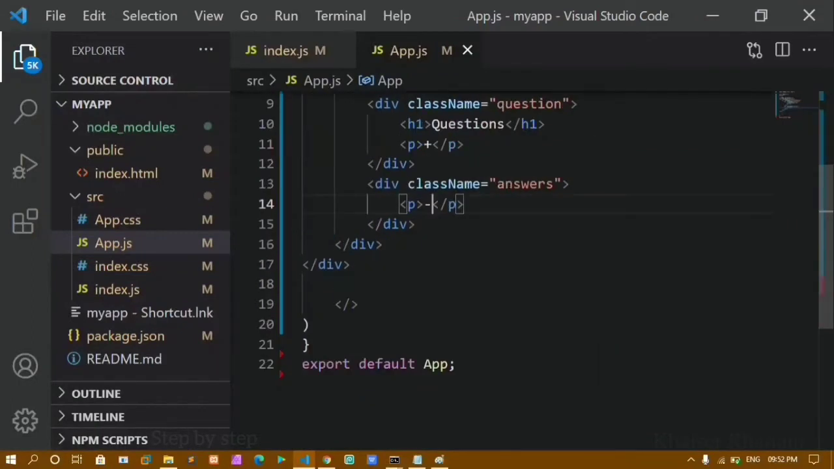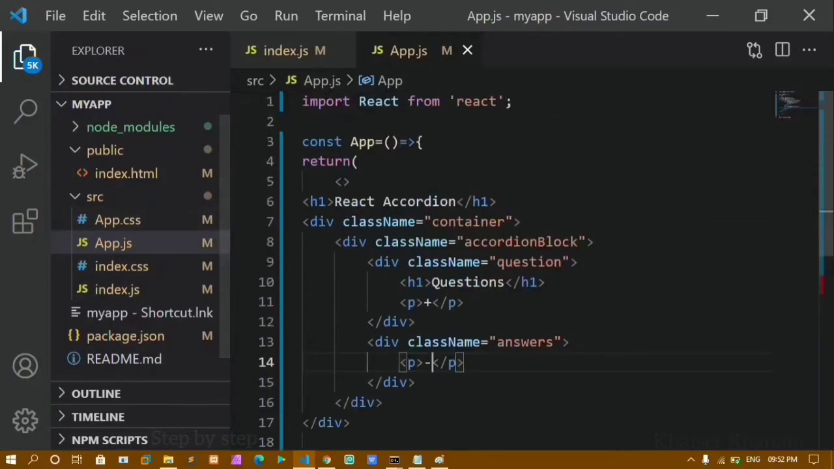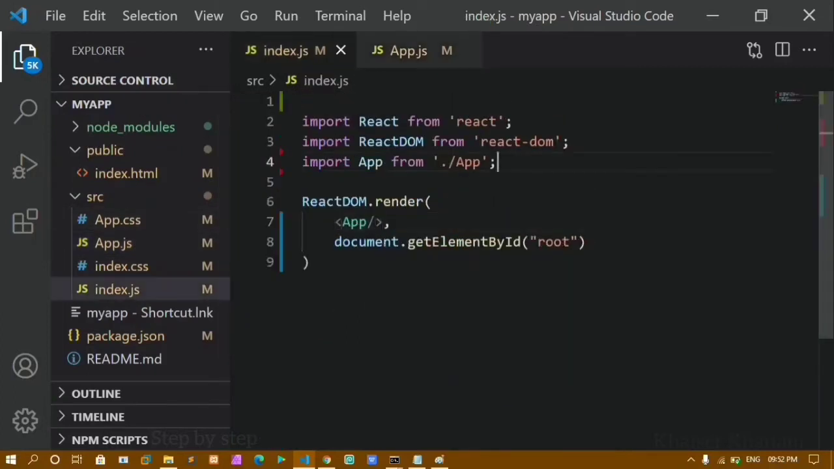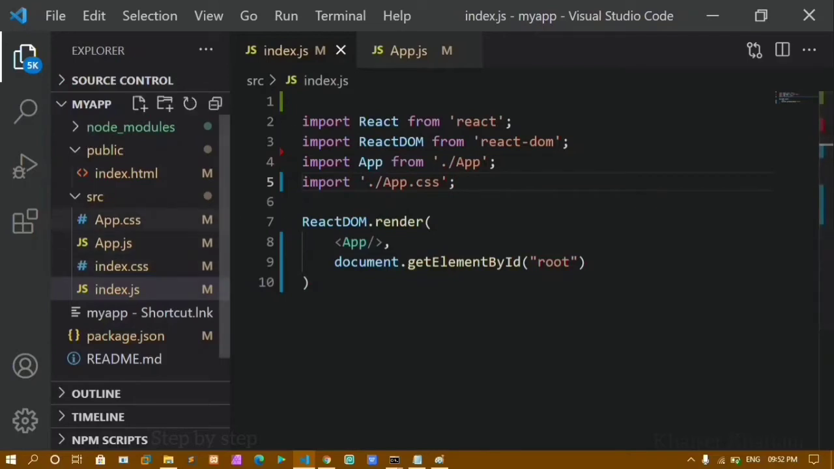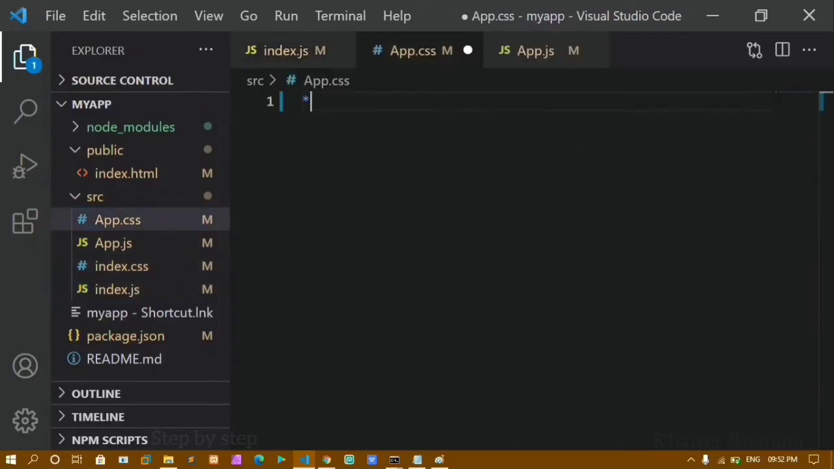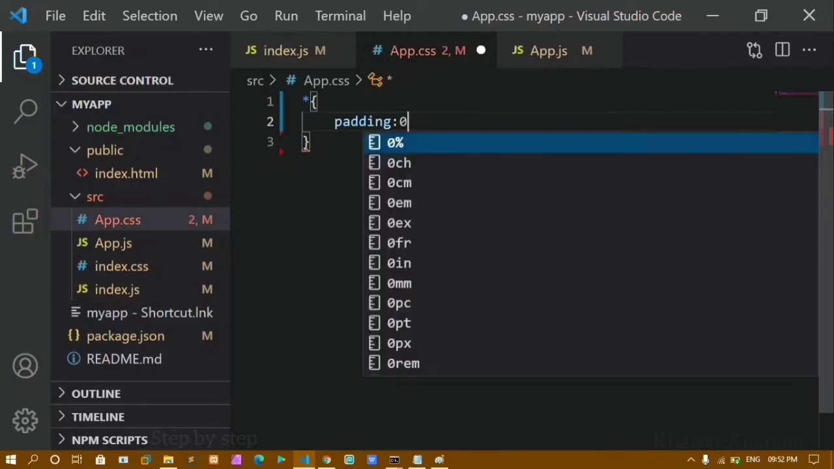Okay, now once we are done with writing our JSX expression, we'll do the styling part and then we'll come to the React part and we'll be writing the code for that. Okay, if you are comfortable with CSS, you can just skip this part and you can move on to the React part. Okay, I'll be writing CSS code inside my app.css. So inside index.js, I'll be importing that one, import app.css. I'll save this. I'll just come to app.css and here first I'll be writing this padding 0,